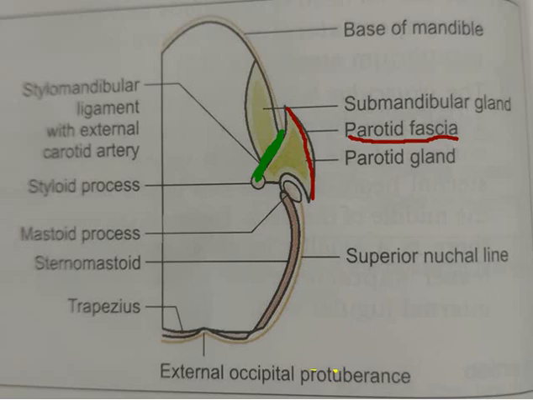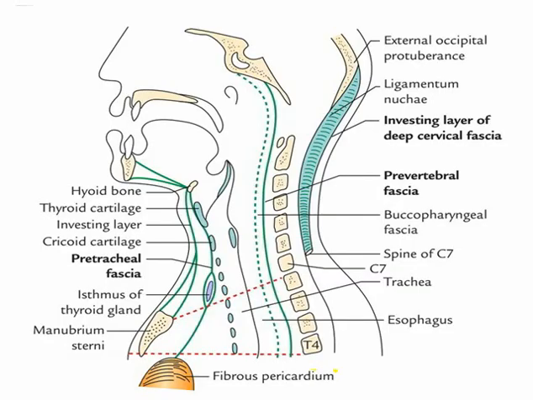We have also seen that the thyroid gland is suspended by the suspensory ligament, which is attached to the cricoid cartilage. So here again in this figure we can see that this is the thyroid gland, this is the pretracheal fascia, and this is the cricoid cartilage. This part forms the suspensory ligament, and due to that the thyroid gland or the swellings of the thyroid gland move with deglutition.